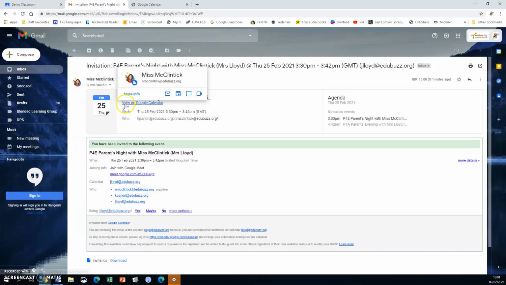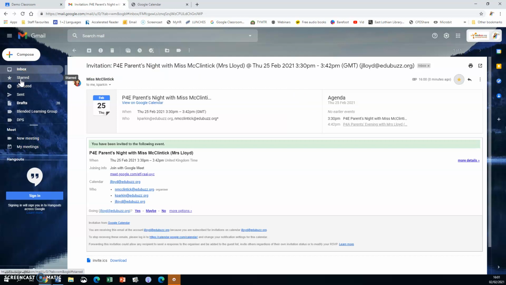With this email, it will not only confirm your time and date, but it will provide you with a Google Meet link, which you will need on the night to be able to see the correct teacher. You can confirm your yes, no. Hopefully, yes, you've chosen the appointment. To ensure that you are quickly able to get hold of that Google Meet link when you need it on the night, I advise that you click the star, and that will add this email straight into the starred box on your